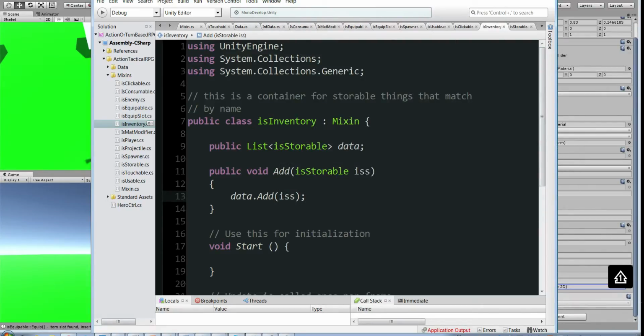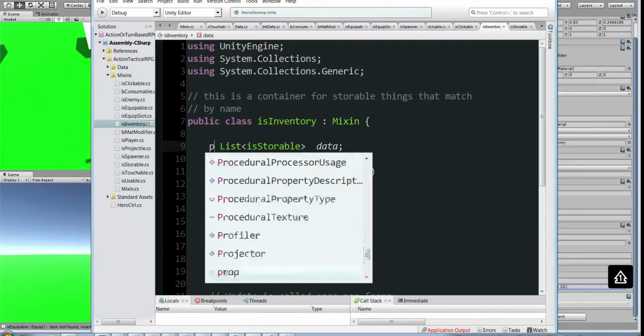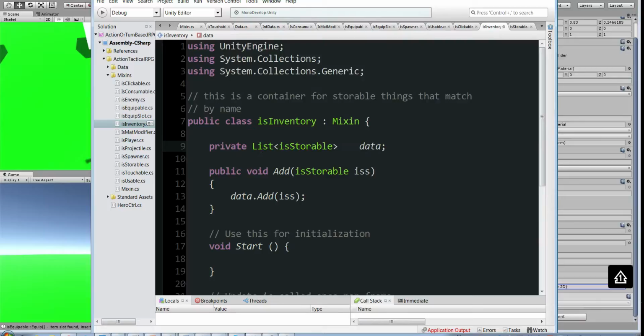So doesn't Storable, by being a list already, have an Add though? It does, but we're gonna make this private. Really, we're gonna make this private, but also viewable in the inspector, so we can see it in the inspector, but we don't want to directly